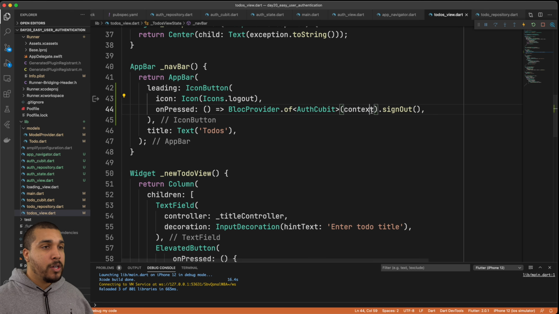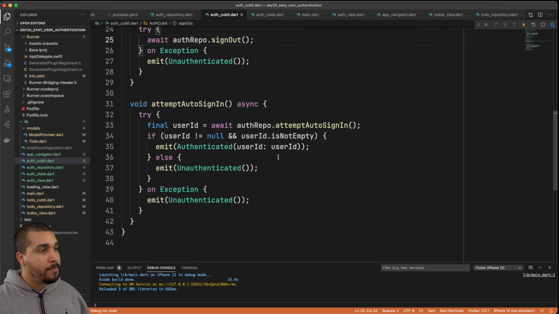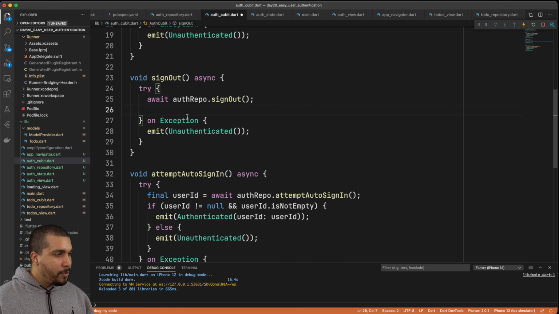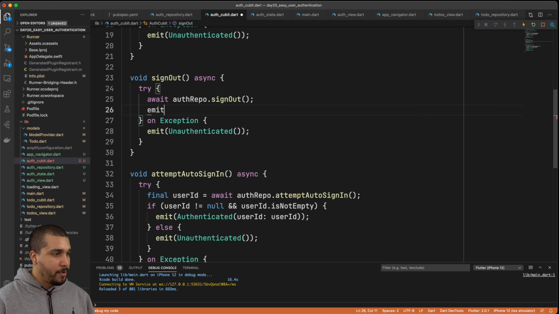and we actually didn't get back the information to sign the user out and update the state. So what we want to do is go over to our Auth Cubit, make sure that it is updating, and as you can see here, I'm calling sign out, but I'm never emitting the unauthenticated state. So what we should probably do is put emit out here outside of this catch block, but you know, we could put it either way,